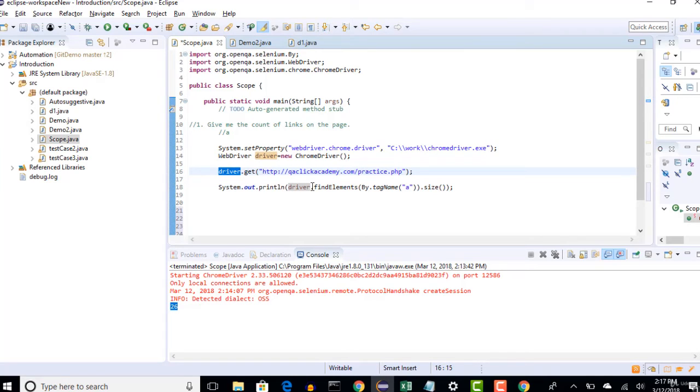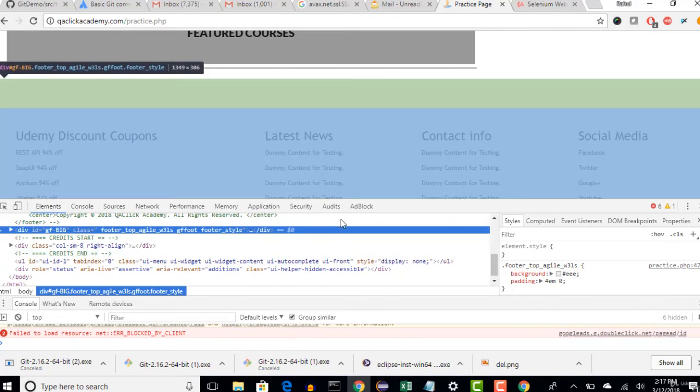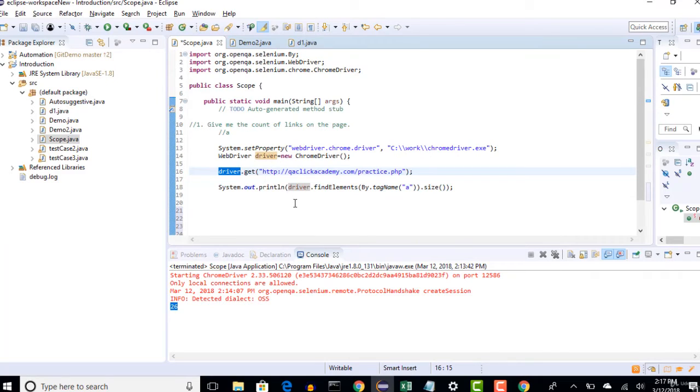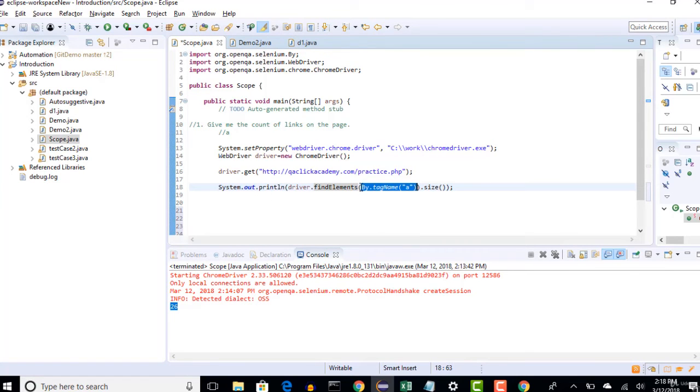So I want to create a subset or mini driver from this main driver, only for this footer section. Once I do that, when I say mini driver dot find elements by tag name A, as that mini driver's scope is only this footer section, it will check links in this section only. In that way, we will get the count of that particular section.